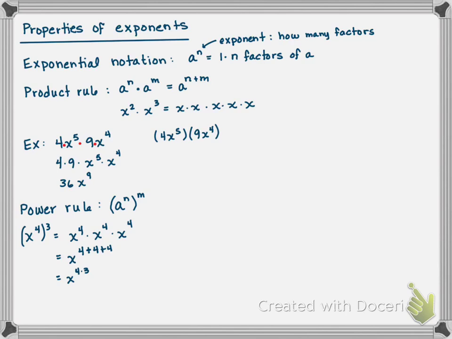And so that gives us our power rule, which is that if we're raising an exponential expression to another exponent, all we have to do is multiply those exponents, because it's like lining up m factors of a to the n and then adding all those exponents repeatedly. And I have a handout I'm going to give you at the end that summarizes all these rules, so you don't have to worry about finding them all when you're actually doing problems. So let's do, say,